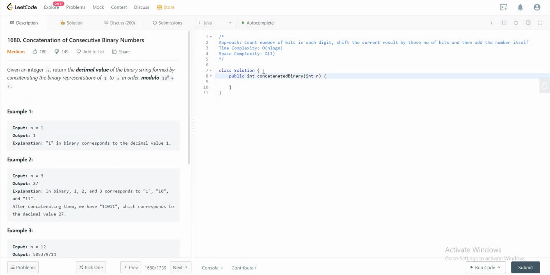The first thing that we need to do is we need the mod value, so let's just write that up. So it would be mod.power of 10 to the power of what exactly? 9 plus 7. Okay, now that we have that, the other thing that we would need is a method that